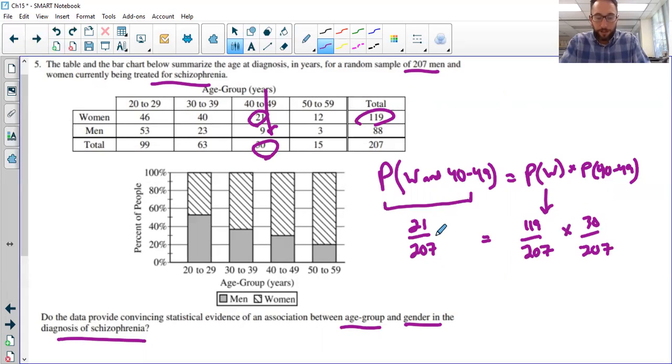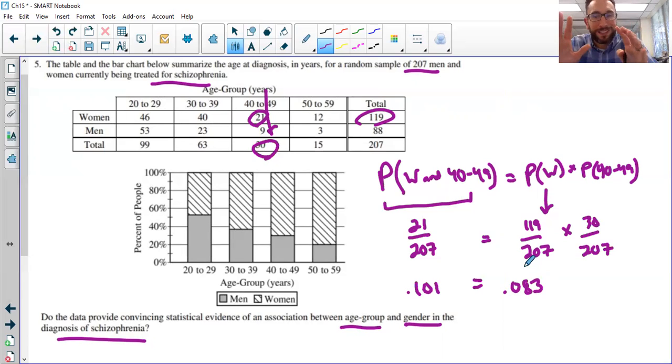On the left side, 21 out of 207 is 0.101. Oh my God, I'm sitting in room 101 right now. On the right side, 119 out of 207 times 30 out of 207. Make sure you use parentheses around your fractions if that's how you're rolling. That gives me 0.083. Now this one's a little bit tricky